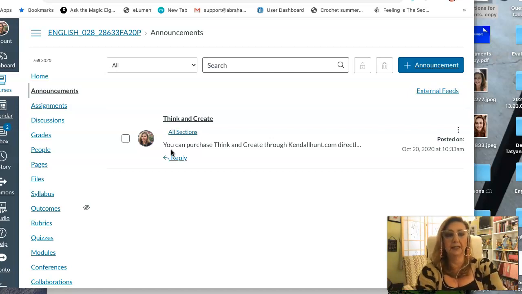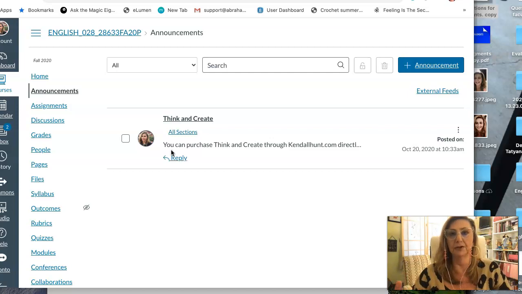So you can get the ebook. As far as Rules for Writers, I don't know if there's an ebook version of that, but I do know that the paper version of it, and you really need to get the correct version, the 9th edition, because I do use that book throughout this whole semester, and I give the page numbers for the book too. So it's really important that you get the correct book and the right edition.